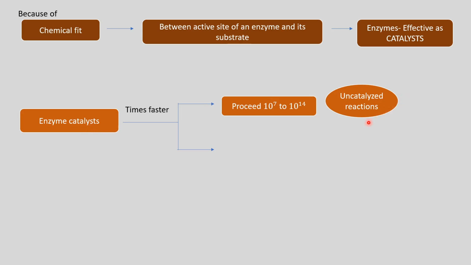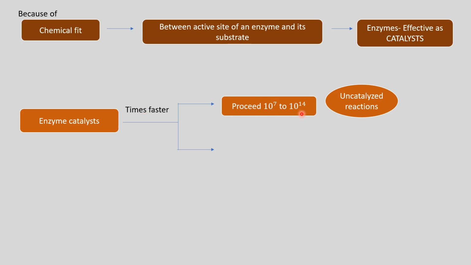So in comparison to an uncatalyzed reaction, that is a reaction in which catalysis is not taking place, reactions that are catalyzed by enzymes proceed much faster. The rate of reaction is 10 raised to 7 to 10 raised to 14 times faster